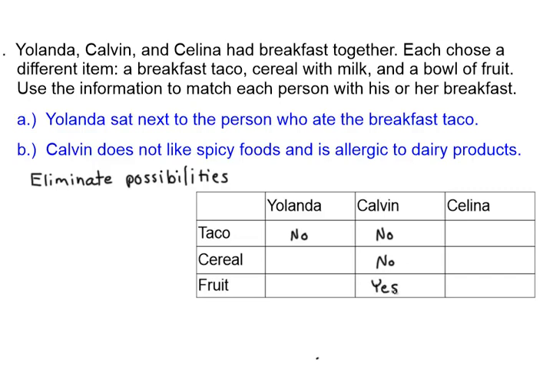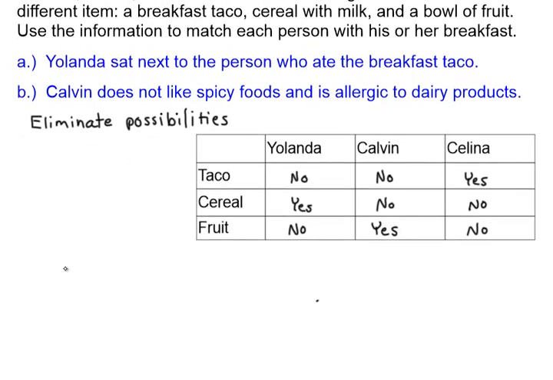So if Calvin has the fruit, then Yolanda doesn't have the fruit, and Selena doesn't have the fruit. So that means Yolanda has the cereal with milk, and Selena, she can't have the cereal with milk, so she must have the taco. And so then what you're going to do with your write-up is you're going to say,